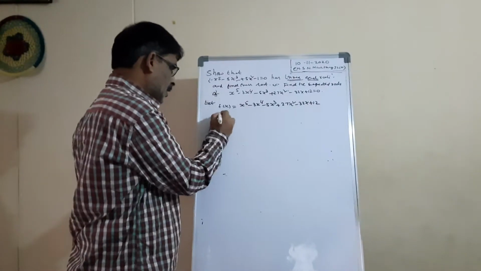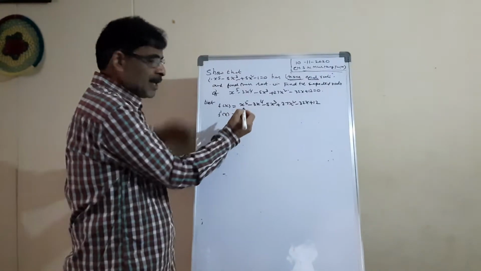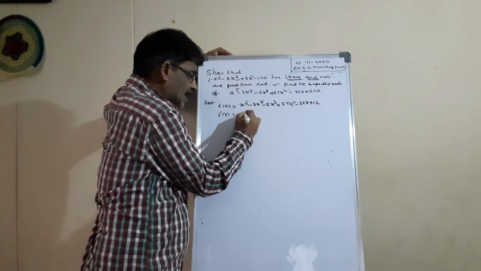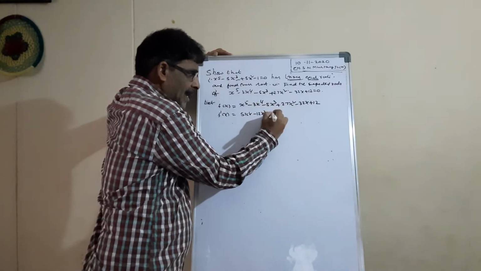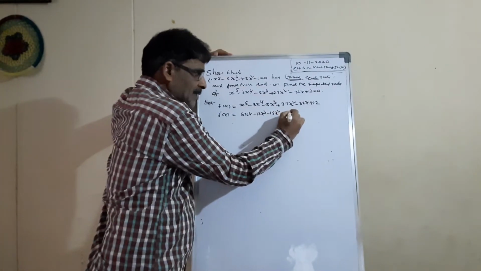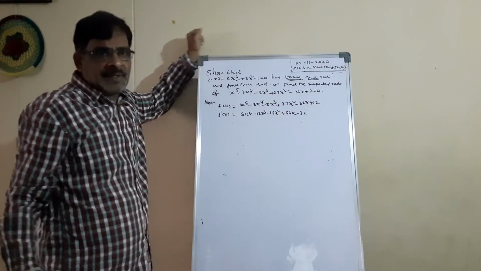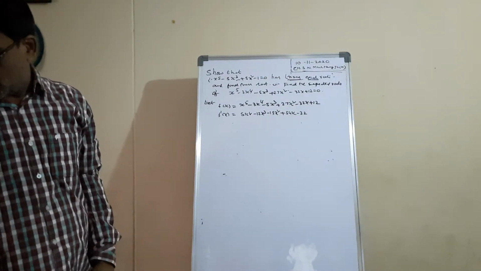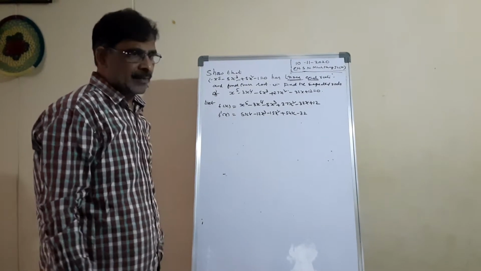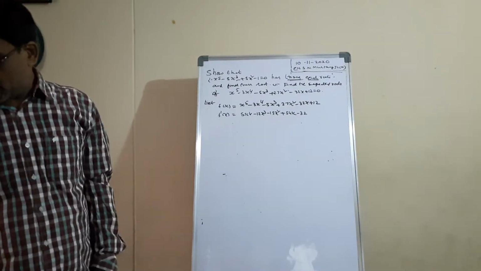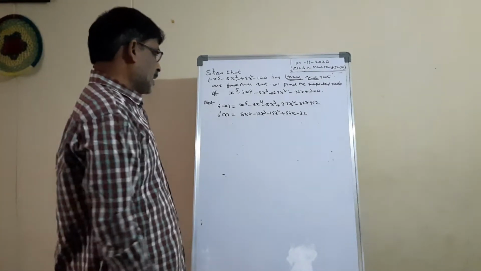Okay. Now, find the differentiation. Now, we know the differentiation: 5x power 4 minus 12x cube minus 15x square plus 54x minus 32. See, we are familiar with the differentiation from our first year. Okay, this is the first derivative we have found. Now, can you find the second derivative? The second derivative also we can find easily.